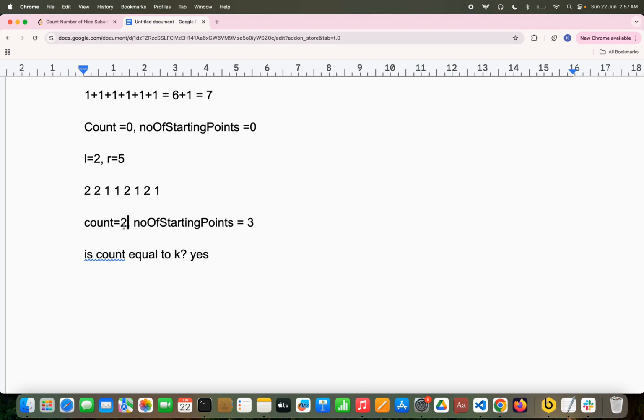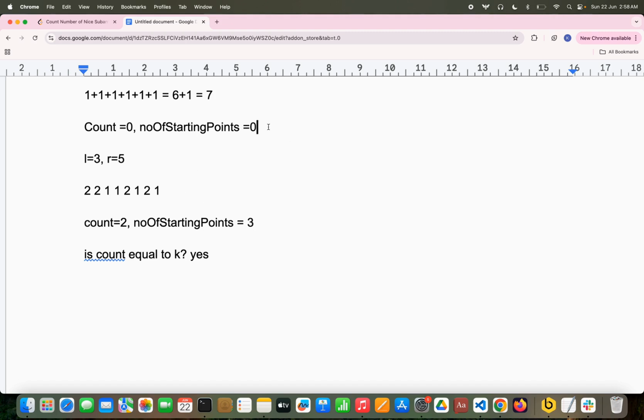Okay, we'll decrement the count value and we'll say, you know what, move L to the next position because our work here is done. And at this point, when L is standing here and R is standing here, we know that the count is not equal to K. We will come out of the loop and we will say that,